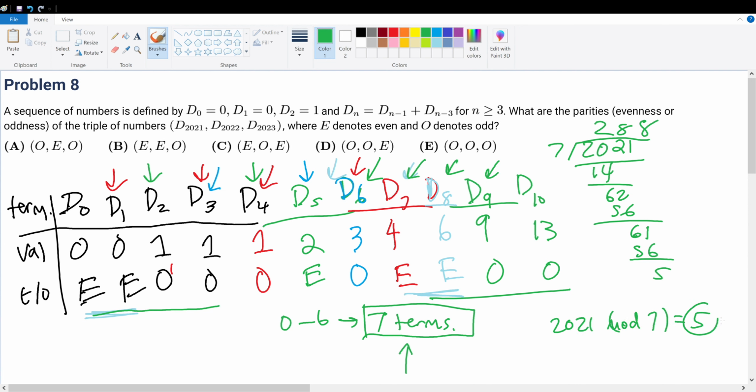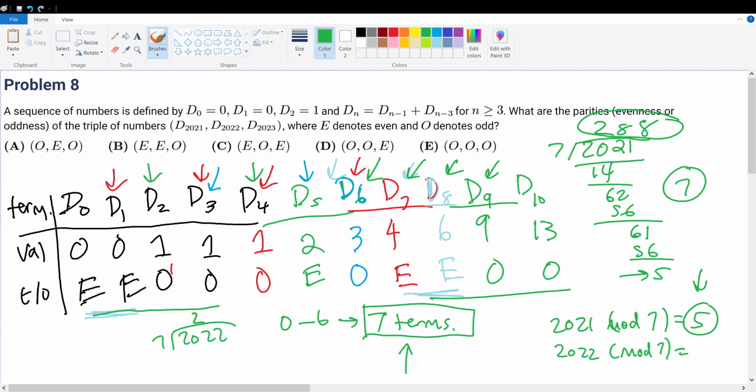Now 5 is just the remainder of this division. That's important because that means that after repeating the 7-term pattern 288 times, I'm left with the 5th term, the equivalent of the even and odd value. So now let's consider 2022 mod 7. Just divide it out. Divide by 7, 2, 14, 62, we put 8 here, 56 becomes 6. So 2022 mod 7 will be equal to 6, which is obvious because 2022 directly follows the